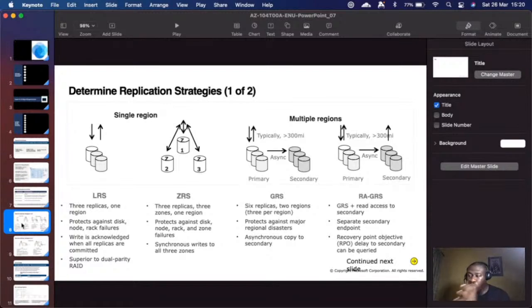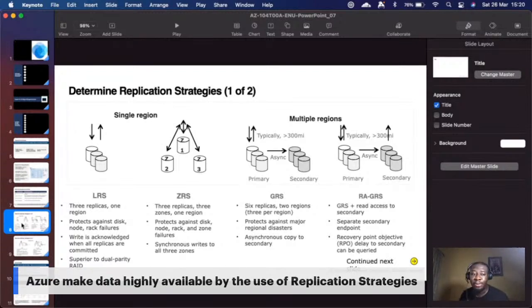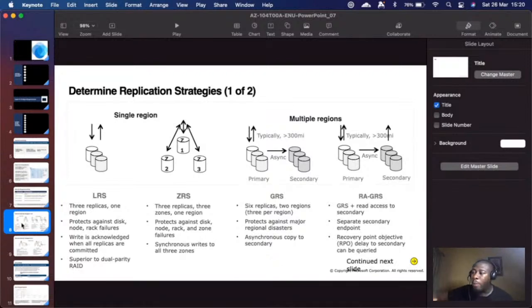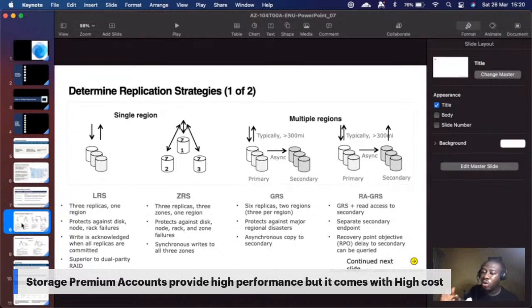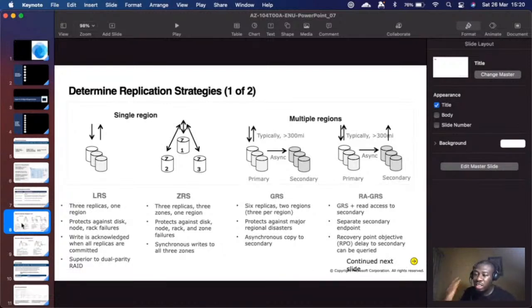Now, like I said, do not confuse this service for backup. It's actually not to back up your data, but to ensure high availability of your data. There's a difference between when your data is available and when you're backing up. When you're backing up, you want the same kind of data stored somewhere else. But in this case, you are not backing up; you are making use of this service so that your data is highly available.